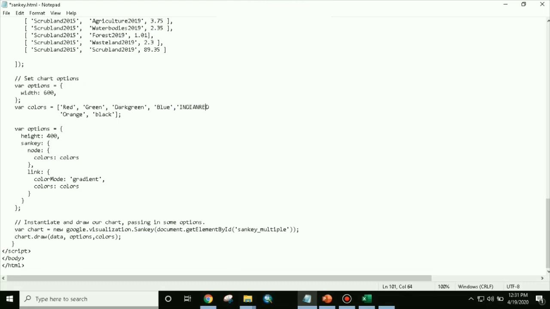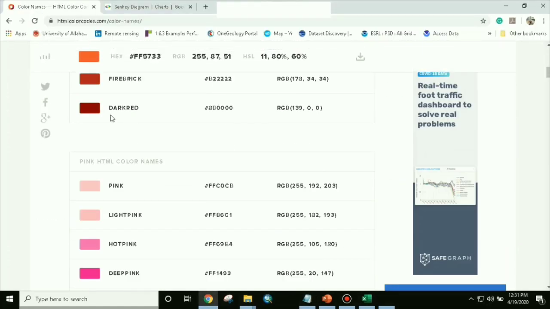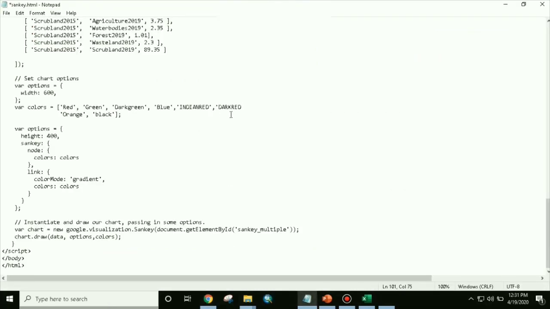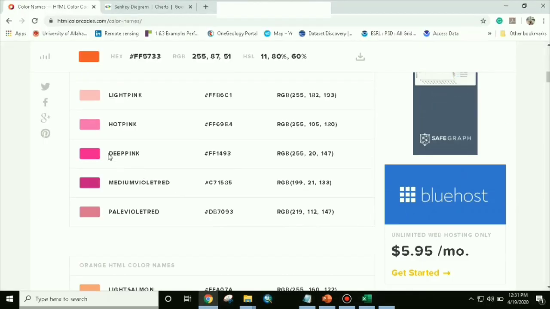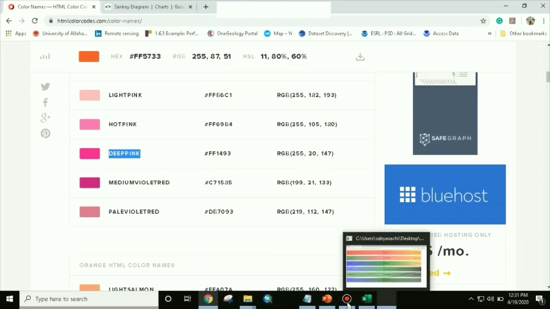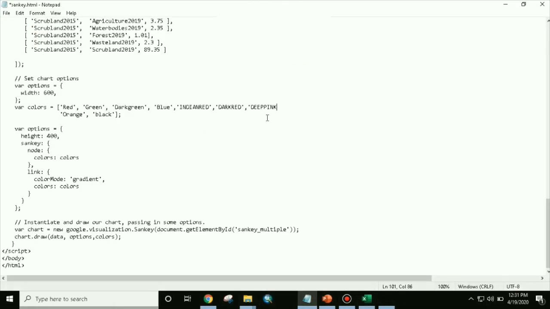So here again, if you want, you can give this dark red over here. Again, if you want, you can give this deep pink. So give deep pink over here. Again